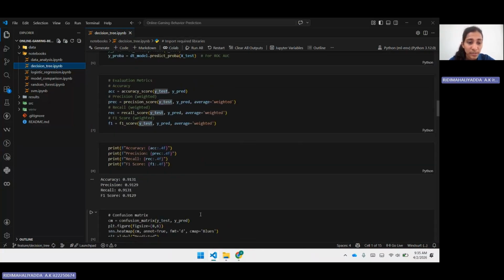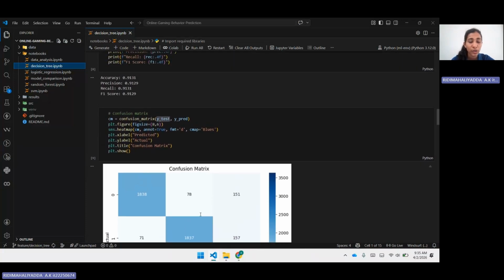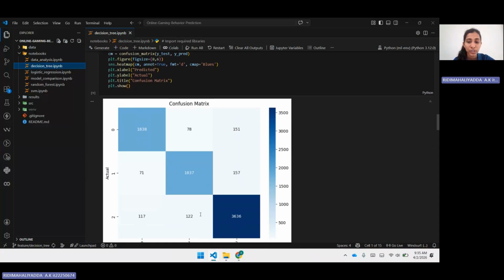So here, this is the confusion matrix. After training, I evaluated the model with several metrics. The decision tree achieved an accuracy of 0.913, which is very strong. I also measured the precision, recall, and F1 score to understand performance across classes. The confusion matrix shows that most predictions are correct, with the highest values along the diagonal, meaning the model is